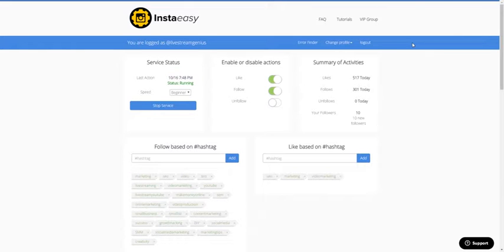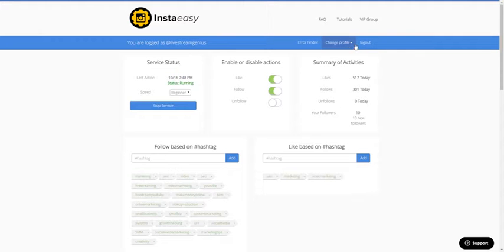So when I was approached about this tool, I was like, Instagram. I haven't really gotten into Instagram very much. I've known about it for a long time, but just really never got into it. I did a little bit of Pinterest in the past, but Instagram, I was like, well, let me give this a try. So I actually created a brand new profile yesterday, Livestream Genius right here,